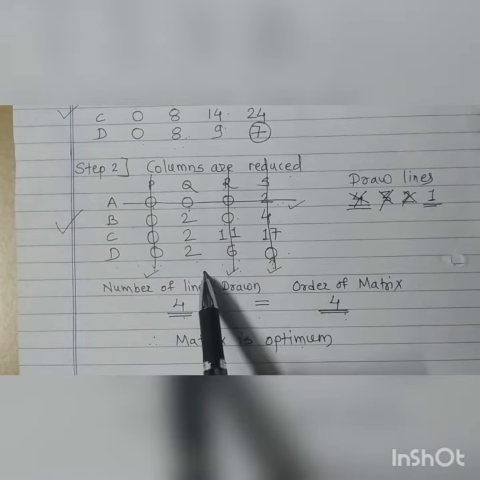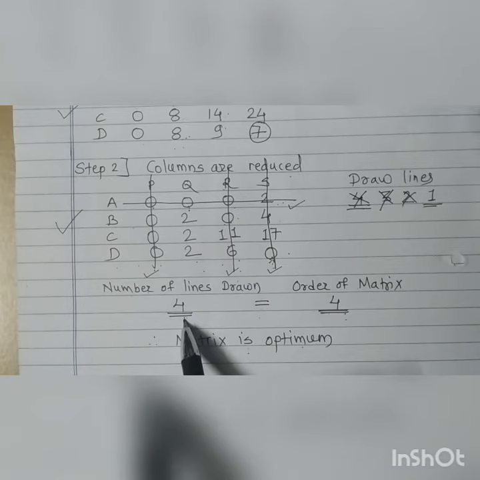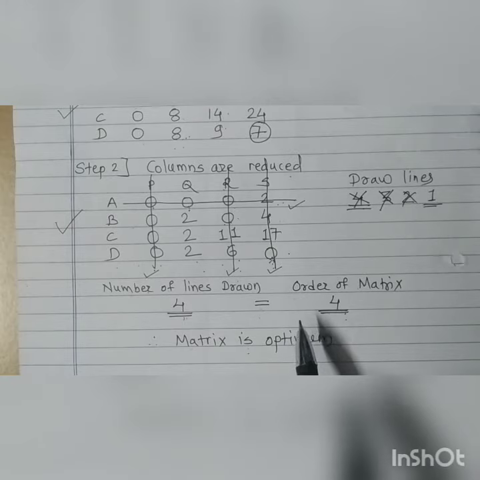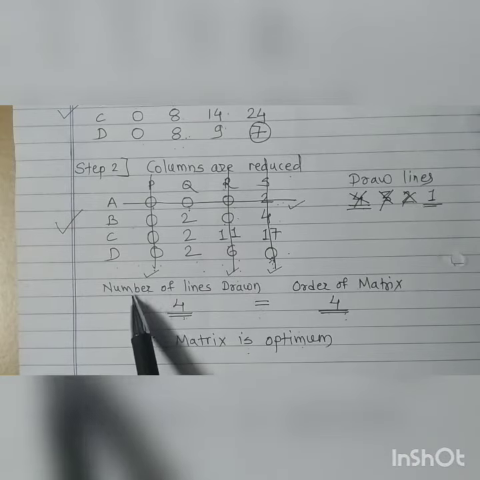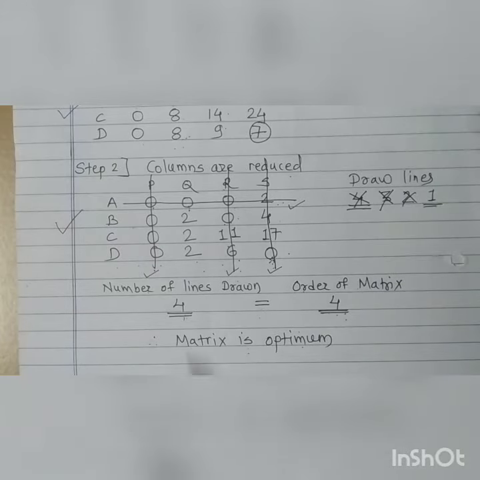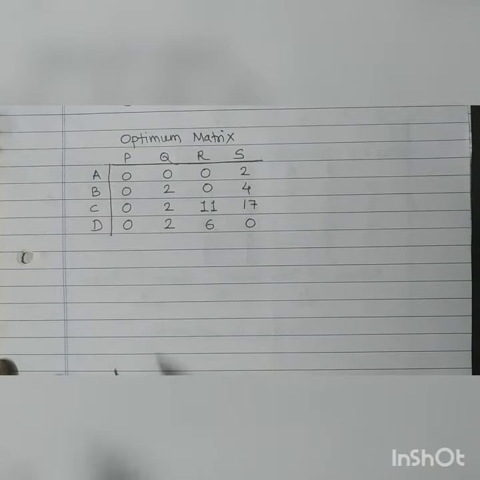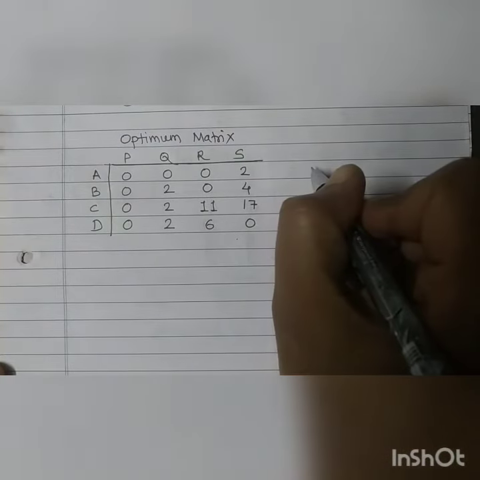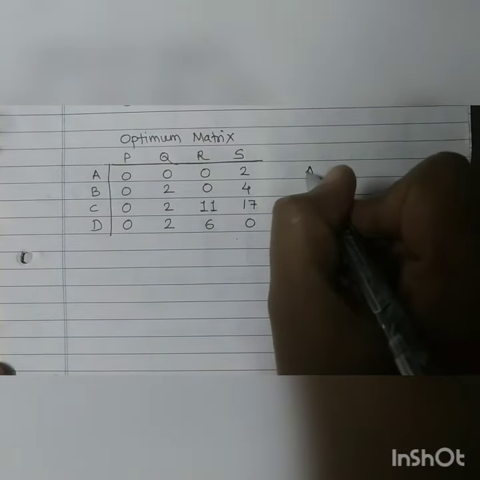Now we will work on this optimum matrix and we will find the assignment. If the number of lines drawn are 3, which is less than order of matrix, that is 4, then we have to use Hungarian method. Such type of problem I will explain in my next video. For time being, this is a simple problem. So here in the first attempt only we got number of lines drawn as 4 and order of matrix is equal to 4. So now we got optimum matrix and we will again work on this optimum matrix. So I am rewriting this optimum matrix that we got. Now what is our next task is you have to search for alone 0.